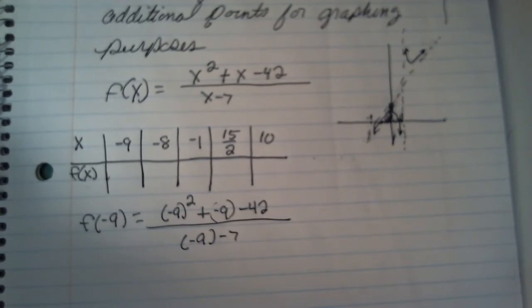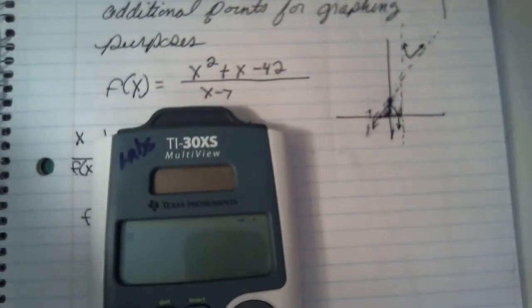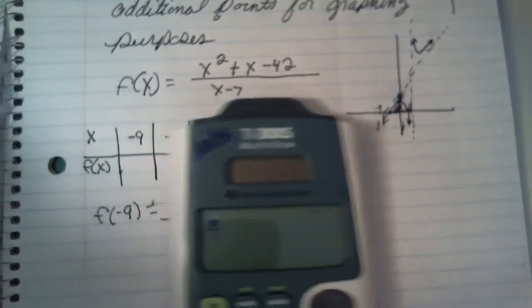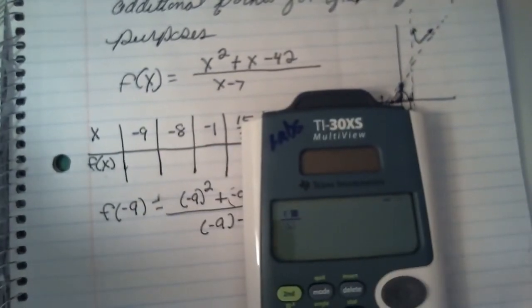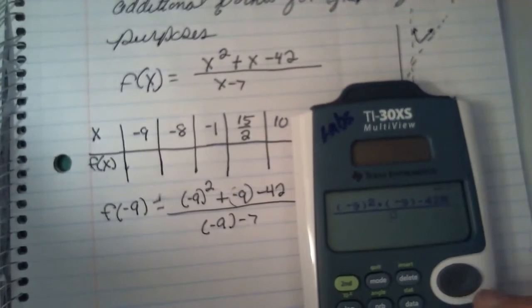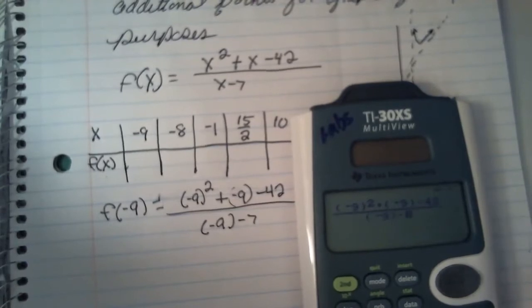My calculator of choice for this type of problem would be the TI-30XS MultiView. I would simply use my fraction bar, and in my numerator, I would put in parentheses -9 to the second power plus parentheses -9 minus 42, and in my denominator, I would put -9 minus 7. Enter. And I get a